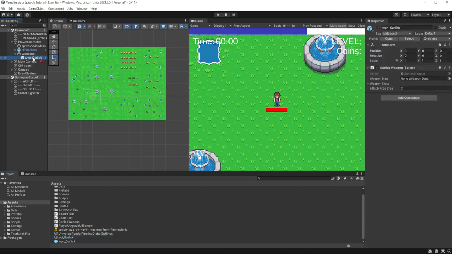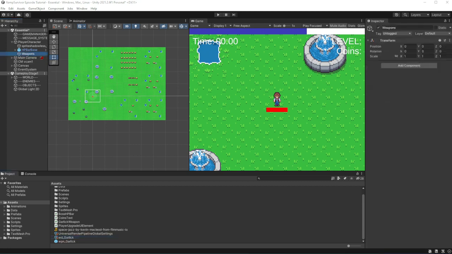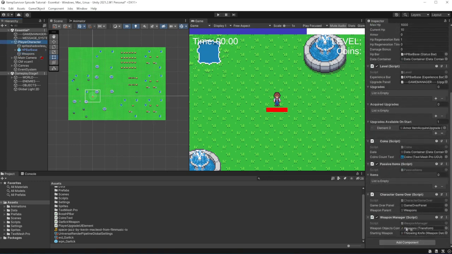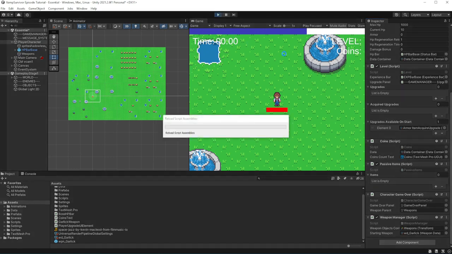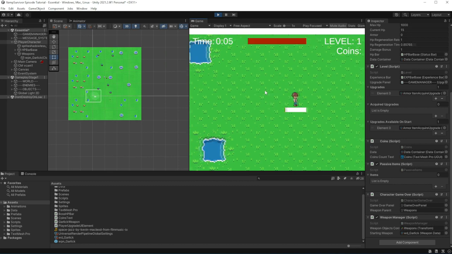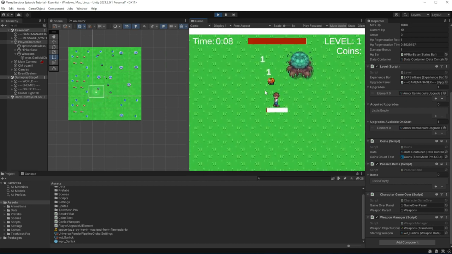Delete the weapon Garlic of the character and make Garlic your starting weapon. See, now enemies will be getting damaged if they come closer to you.